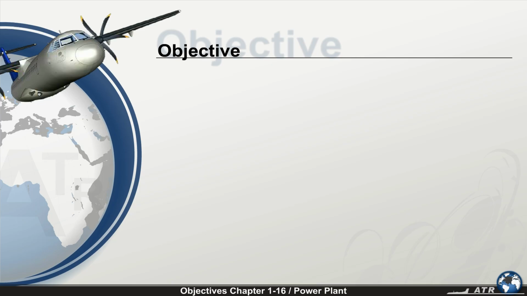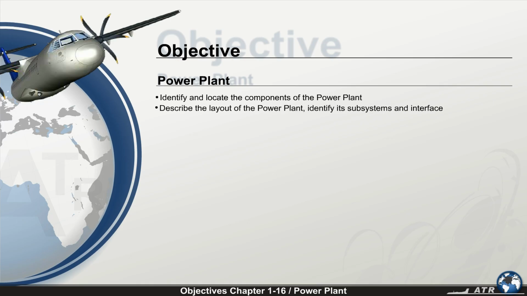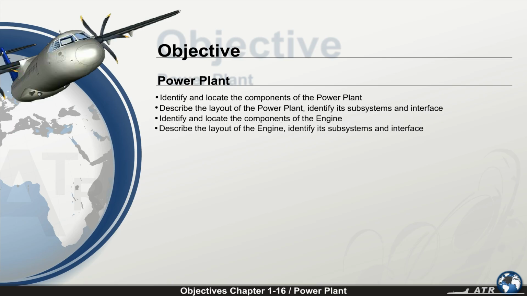At the end of this chapter, you'll be able to identify and locate the components of the power plant, describe the layout of the power plant and identify its subsystems and interface, identify and locate the components of the engine, describe the layout of the engine and identify its subsystems and interface,